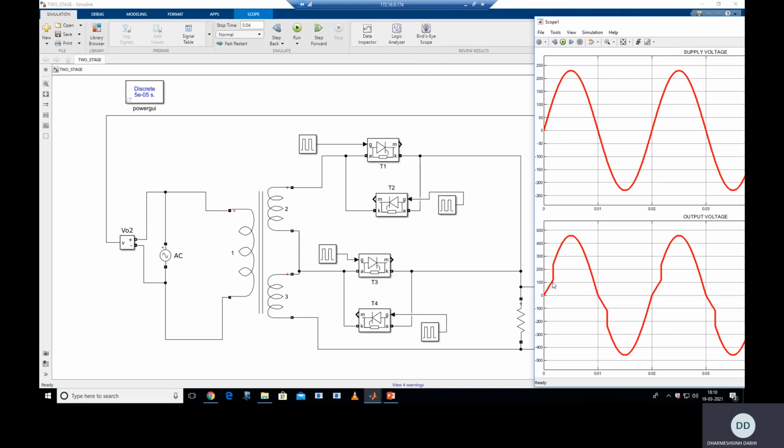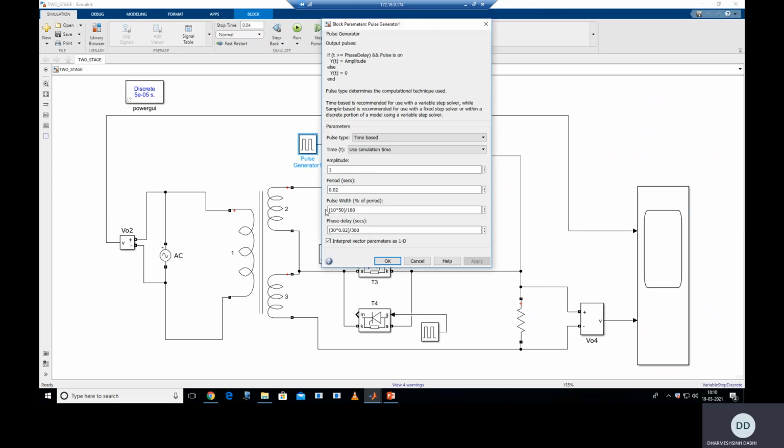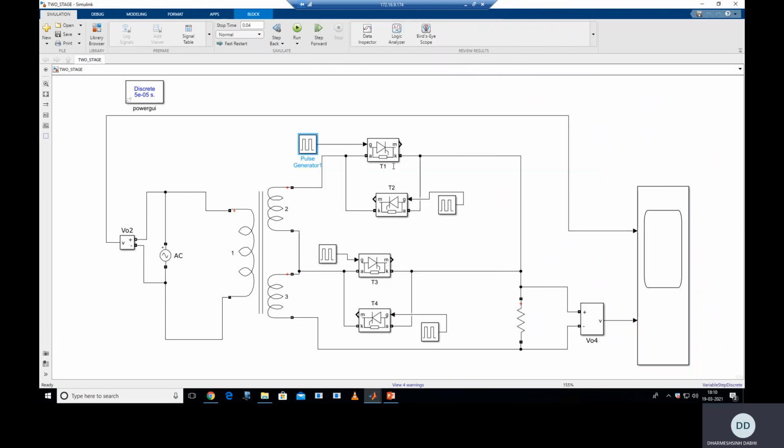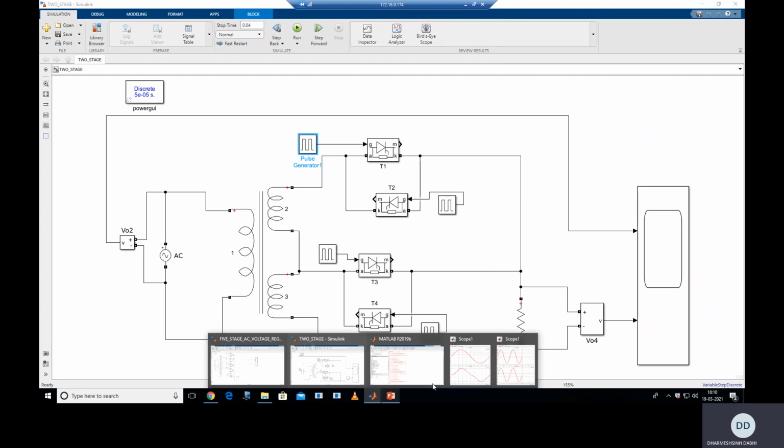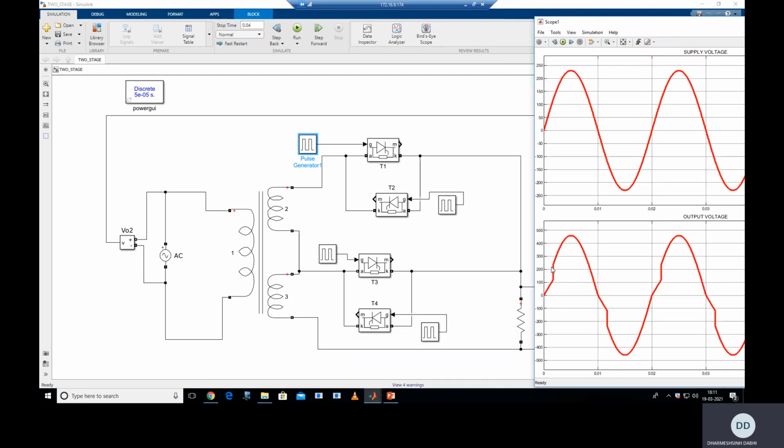From 0 to alpha, your thyristor T3 will turn on, so it follows Vm sin omega t. But at alpha 30 degree, you can see in the pulse generator, at alpha 30 degree you fire this T1 thyristor. Clear? So at alpha 30 degree when you fire T1, the output voltage follows 2 Vm sin omega t. So you can see that from alpha your output voltage jumps from Vm sin omega t to 2 Vm sin omega t, and that remains up to the angle pi, or 10 millisecond.